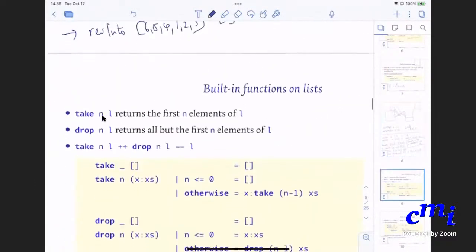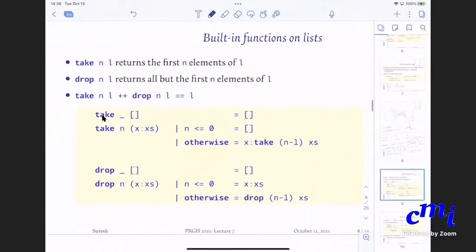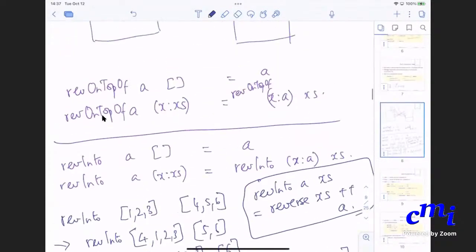I'll move on, but please do ask questions. Yes, Shakti, what is it? Why is time proportional to the square of length in the previous case?